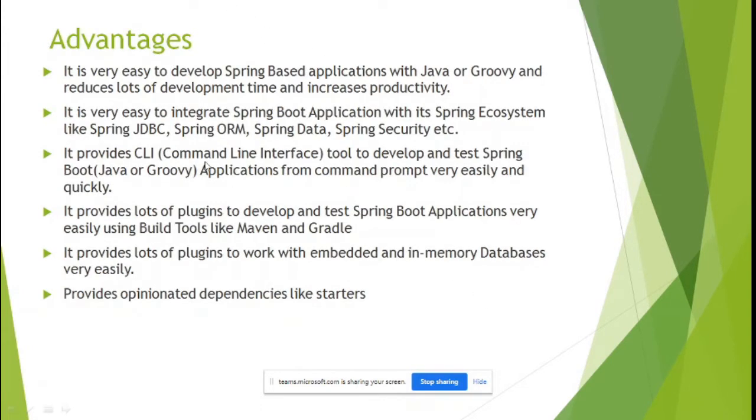All the other modules are possible with Spring Boot as well. Here it can integrate with Spring Data JPA, Spring Security, ORM integration can be done, Spring JDBC can be done. And we have got a tool called command line interface. Anyway, we are not going to practice this, but it is possible to generate a Spring Boot project at the command line directly. As we are working with the Spring Tool Suite, we will not be practicing this. Just if anybody is interested, we can do one example with this.